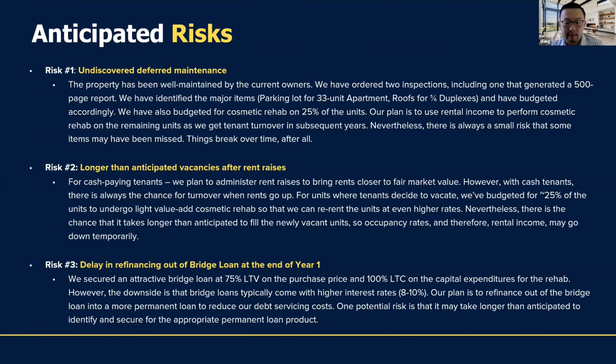As with any investment, we've told you a lot of upsides and how attractive this deal is, but there are always anticipated risks and potential downsides. Here are a few that we have identified, but we do not believe to be significant hurdles for us. One is potentially undiscovered deferred maintenance. As I mentioned, we've performed extensive inspections during our due diligence period, including a 500-page report on all the items. And almost all the items were either average or above average, with several exceptionals. Only one item was below average, and that was the parking lot for the